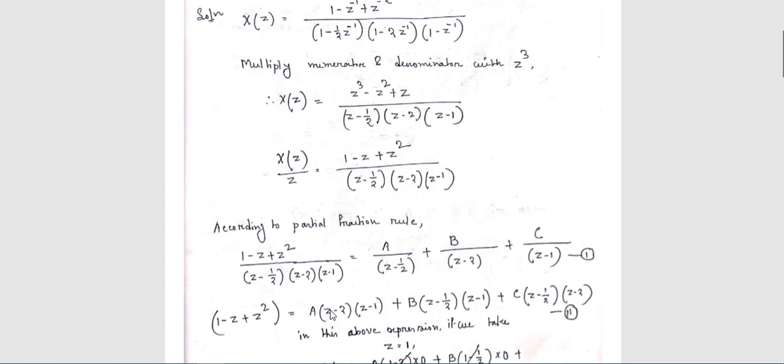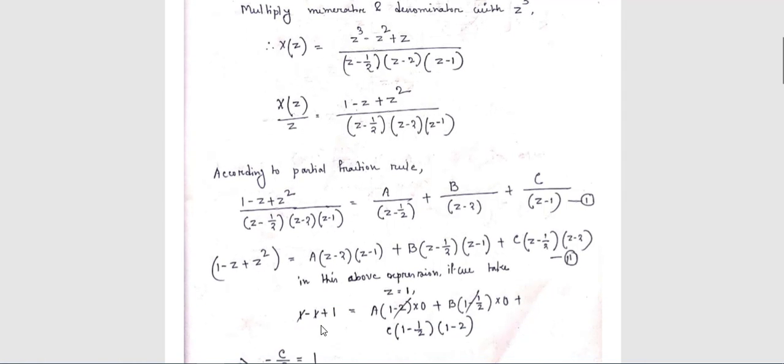Okay, so again, what is the rule for partial fraction? I think all of you know this, though I have explained all the things here. You have to calculate the values of A, B, C. After that, if you put in the values of A, B, C, then you can analyze this function. Now, how can you say what is the value of A, what is the value of B, what is the value of C?